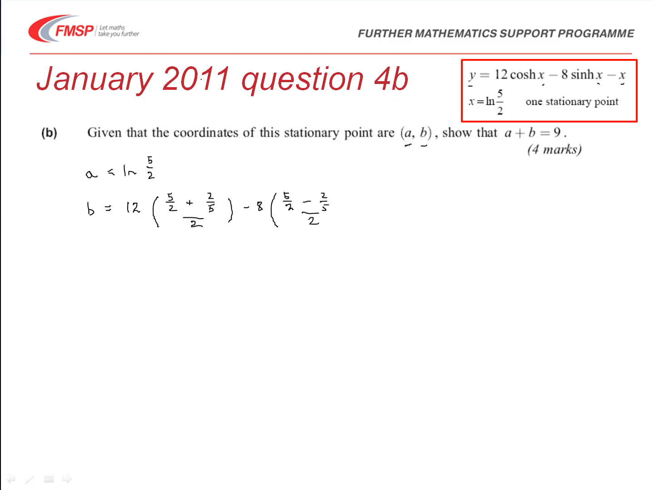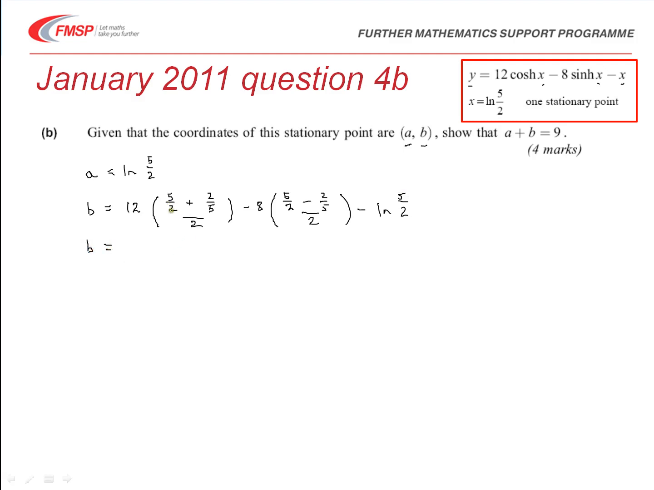Oh, apologies. And then at the end of there we got the x value, which is just ln of 5 over 2, or we could just write that as just a. Okay, right, so now all we've got to do is simplify this, so b must equal,